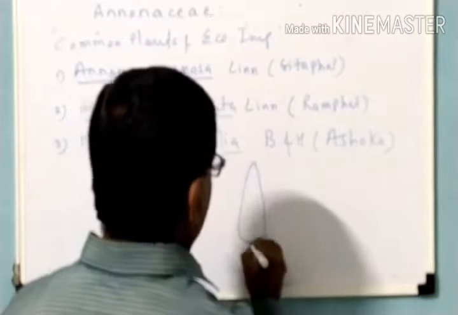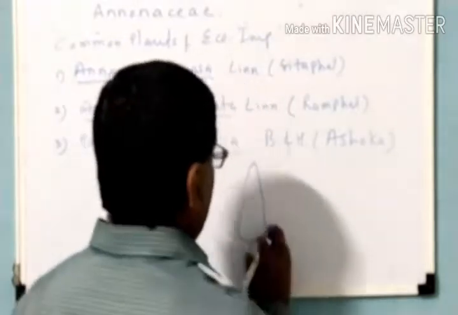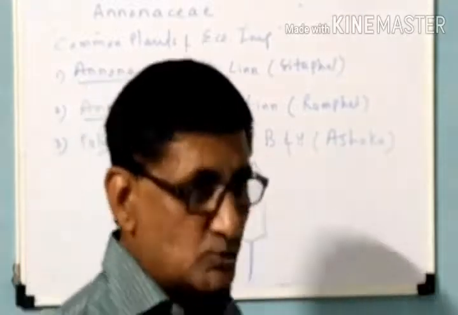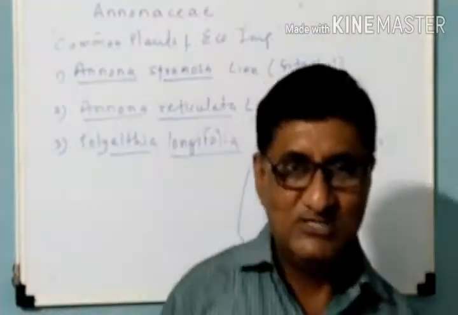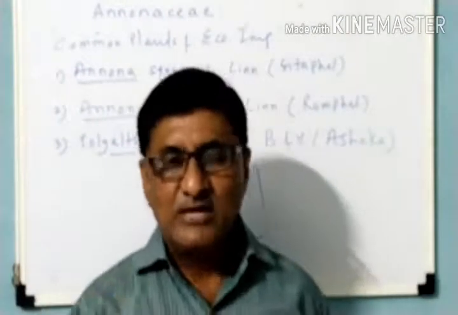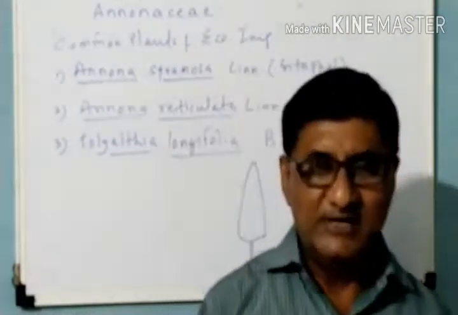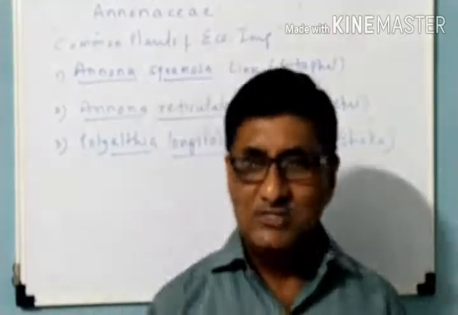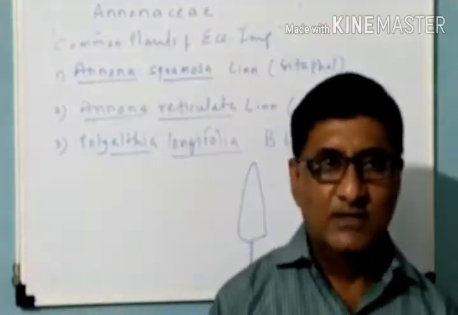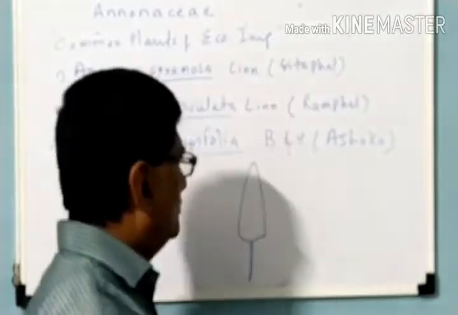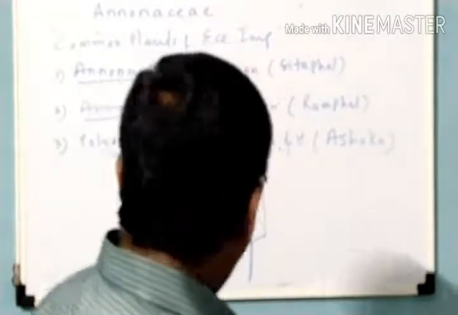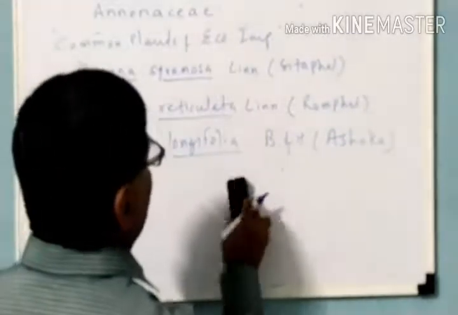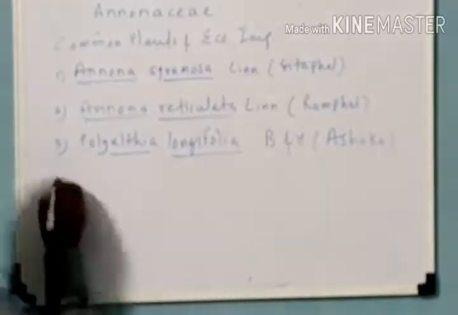You can see the shape of this particular plant, and that's why it can be used for symmetrical plantation outside schools, college buildings, gardens, and government offices. So this plant is useful for planting to develop or maintain symmetry. This is a very famous plant, commonly called the Ashoka plant.